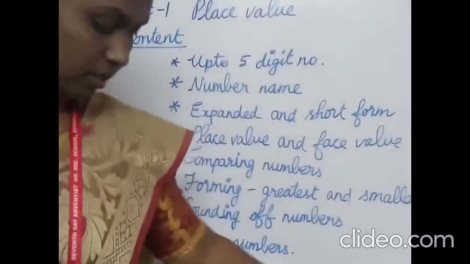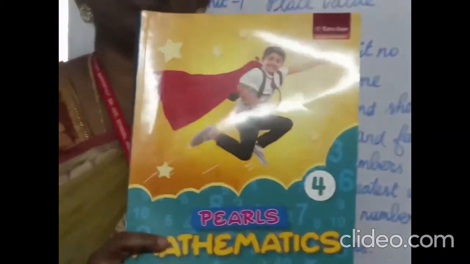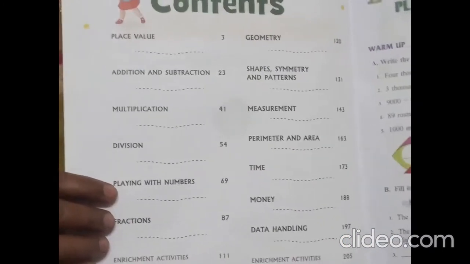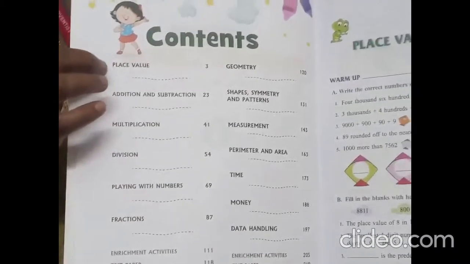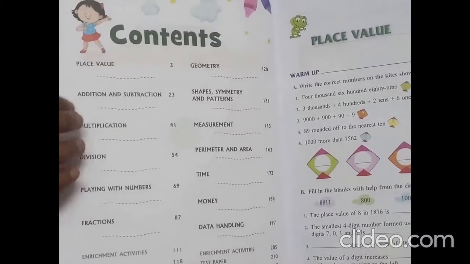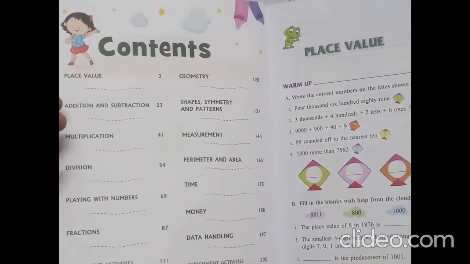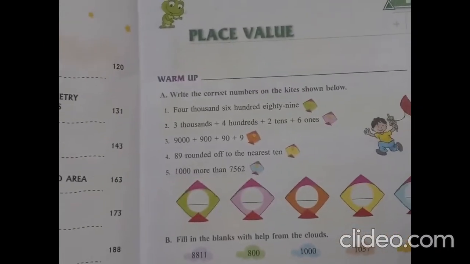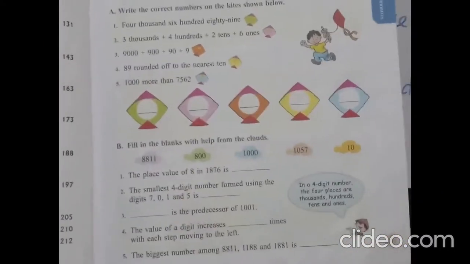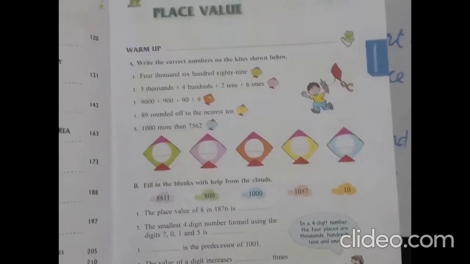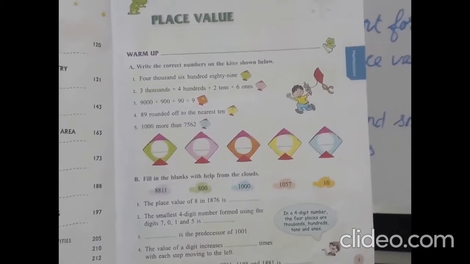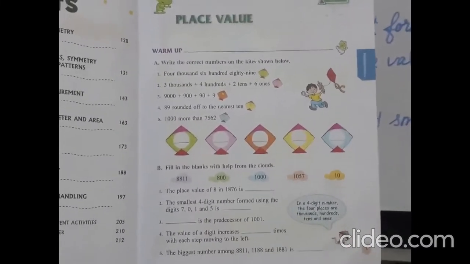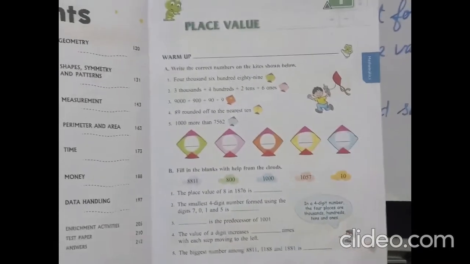See here, children. This is our new book. In our content we have 2 terms, the first term and the second term. We already completed the 4 units. Now we are going to start our first unit revision and the classwork writing. See the first unit, place value system. In this place value we have a warm up section. Usually we start with the jump start here. No, this is the warm up section. We are going to learn the warm up section of what we learnt in the 3rd standard syllabus.